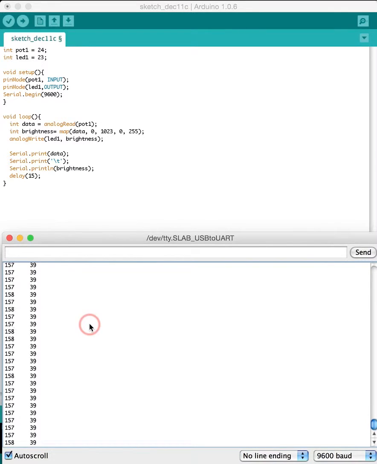Now, what you're going to see is I'm going to go ahead and turn it clockwise. And as you see, the numbers on the left go up, so does the brightness on the right. And then you should start seeing your LED change in intensity. And then if you go all the way down to 0, you should probably see nothing. And that's how this